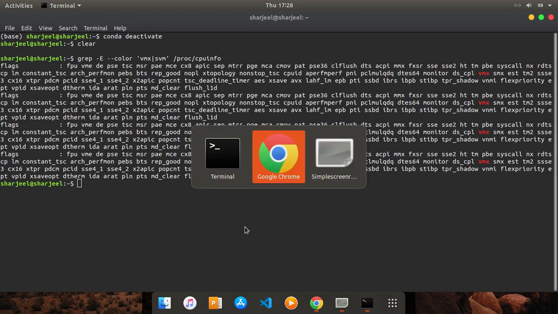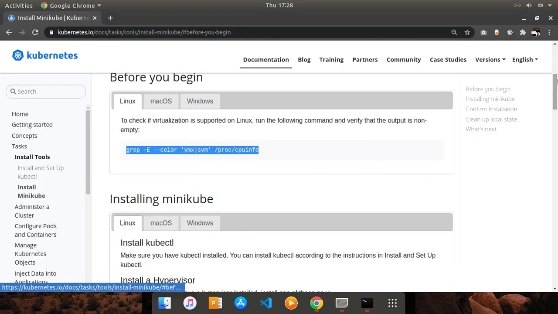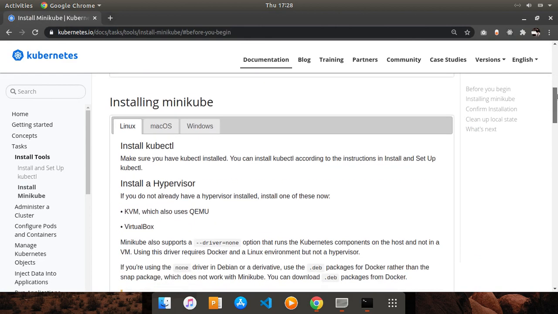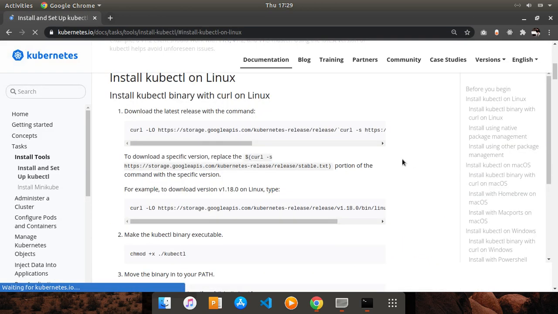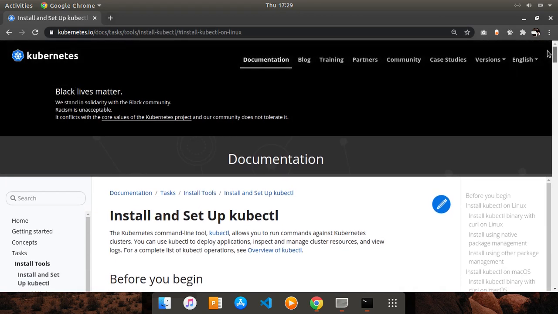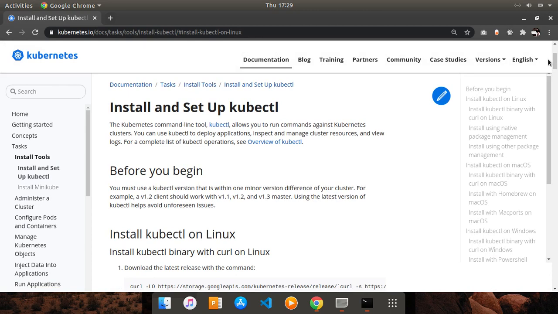Okay, so just come back to this web page, and now we need to install first of all kubectl. So how will we start? I just need to go here, let's go to the setup folder. Okay, I just clicked here, and now I am in the setup folder. So now I'm going to set up kubectl. Kubectl basically is a command line interface for using the commands. So we need to install kubectl first.